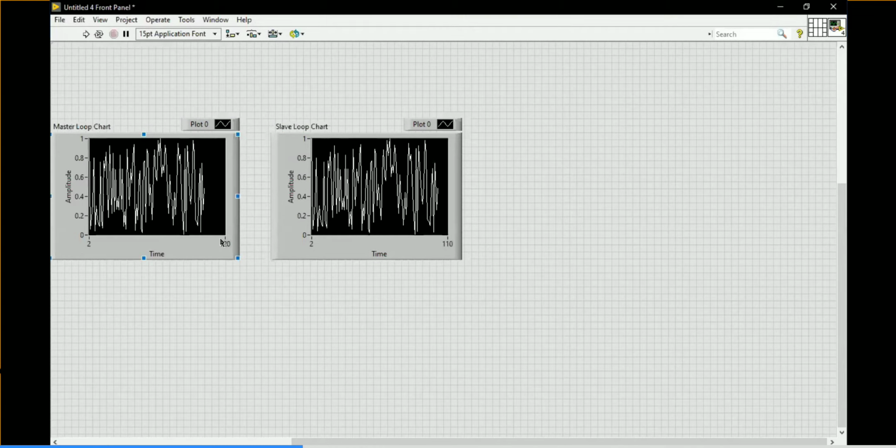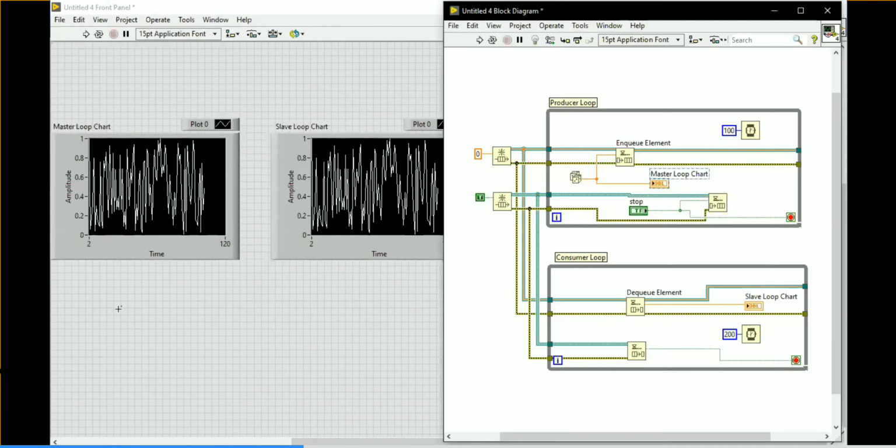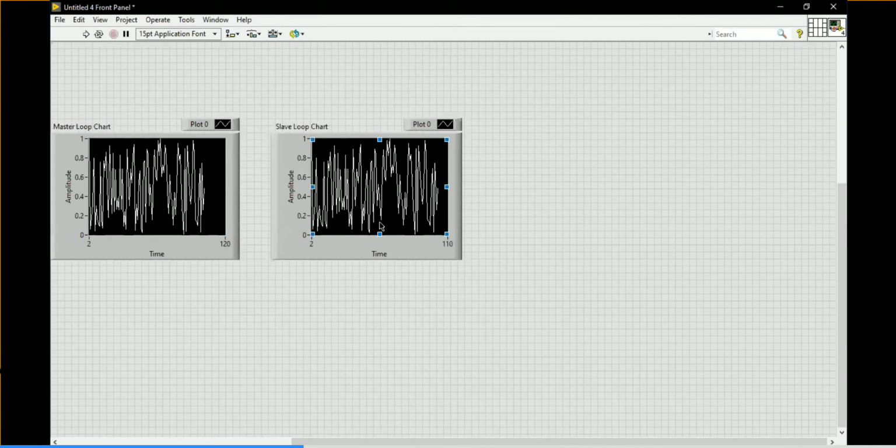So if you are seeing here, mostly all the values will be collected in this particular place. Whatever values are produced here, the same kind of values will be available over there. In a queue operation, a buffer is available, so the queue will not lose any data, but the notifier will lose data because of the different time delay. Even with a different time delay, the queue will not lose any data. The queue will store all the values, and all the values will be returned every 200 milliseconds or every 500 milliseconds, whatever time you provide in the consumer loop.